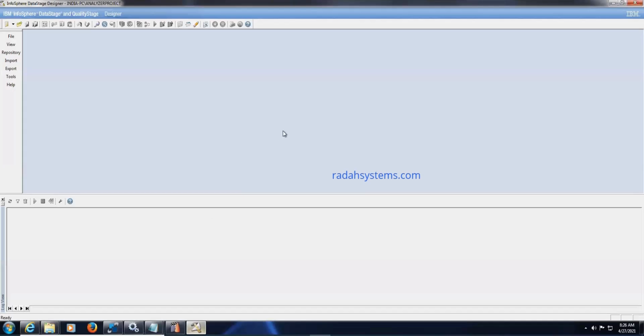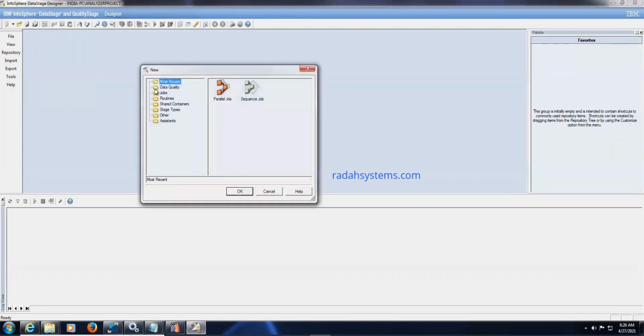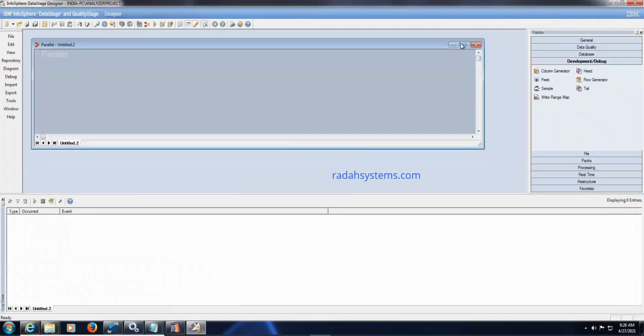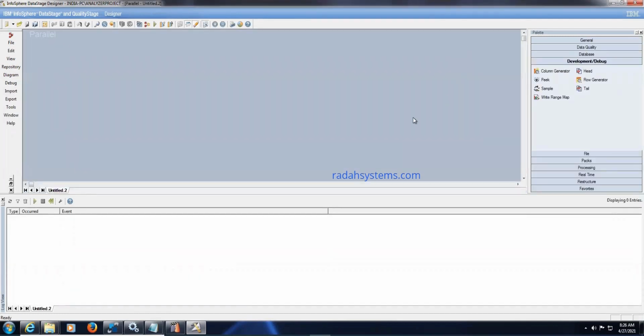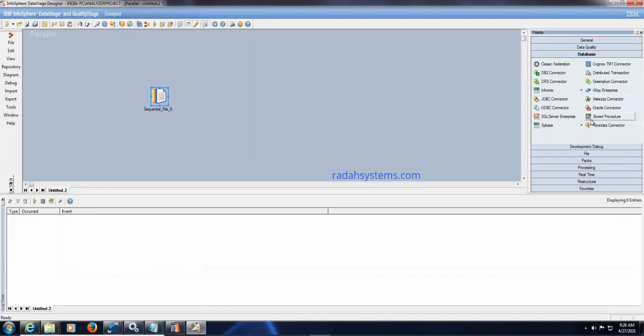Now we will see. Open DataStage Designer, go to the palette window, go to View, go to Palette, and take a new job. Now what we can do: go to File, take a Sequential File as the source, and for the target we will load into the database.